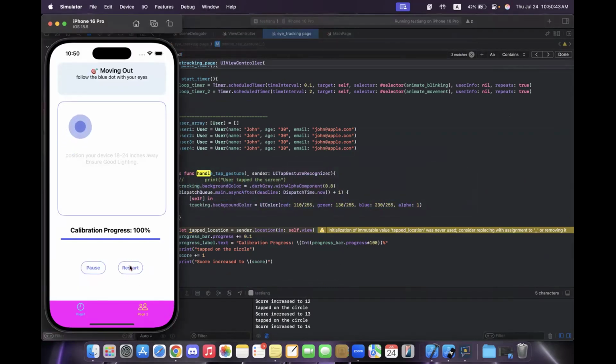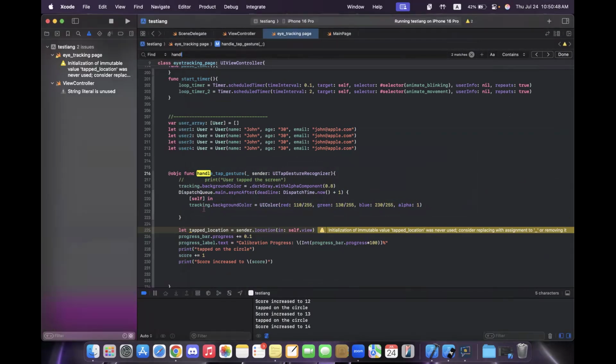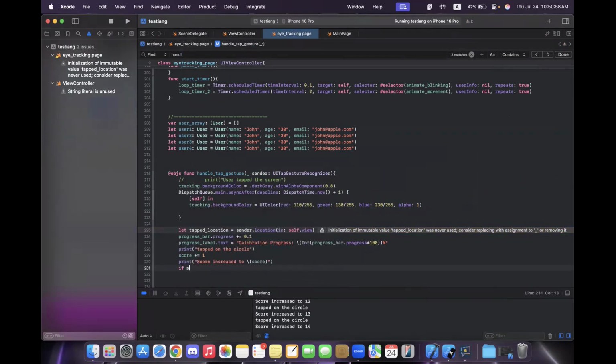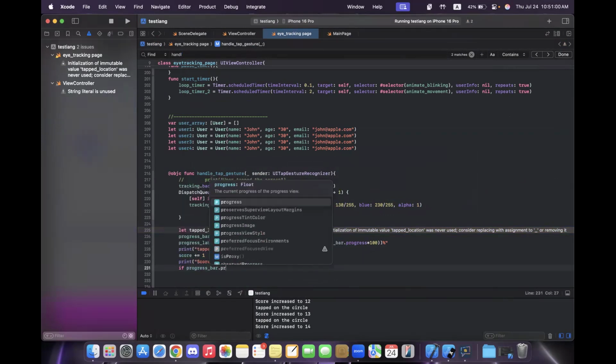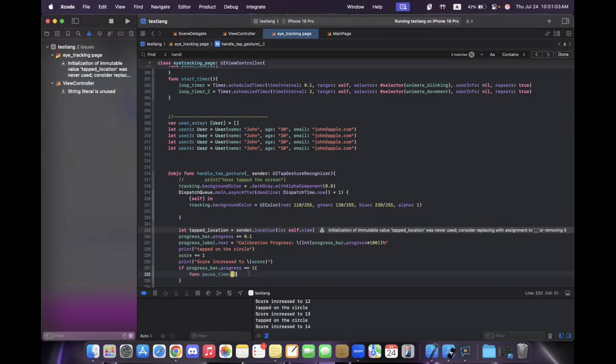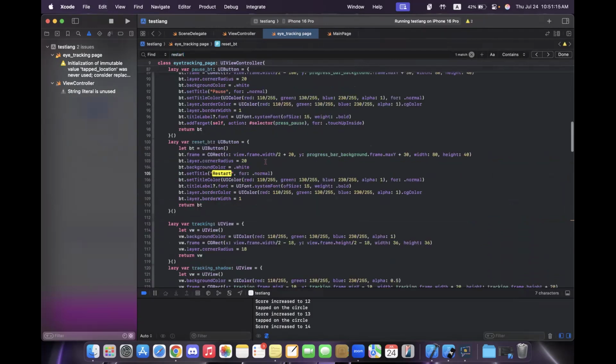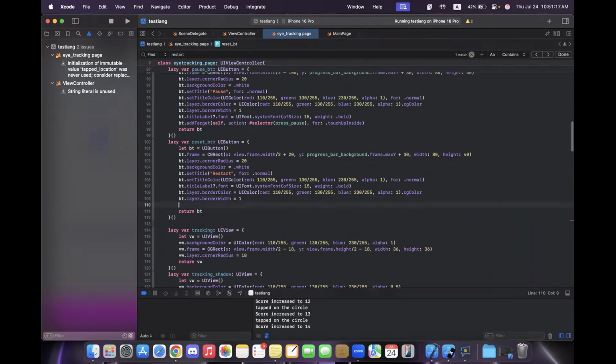Oh no, we have a restart button here. I forgot. We have a pause and a restart button, so we can implement code there. Good. So first here would be when it reaches 100, pause the timer. But we also need, okay, so for the restart button, let's create a